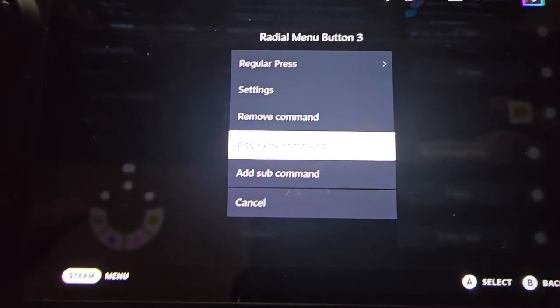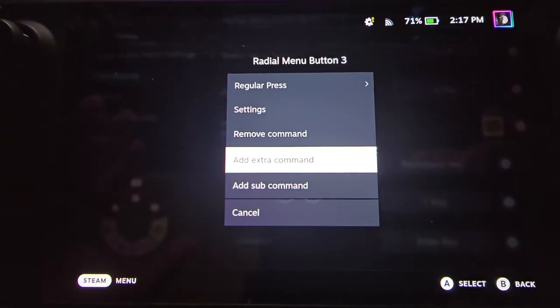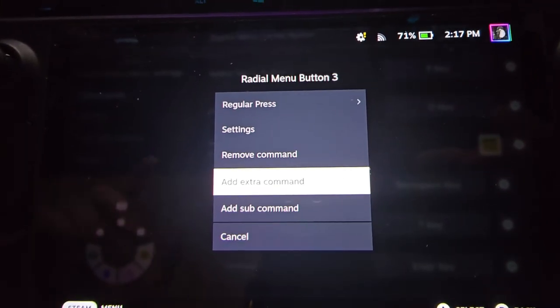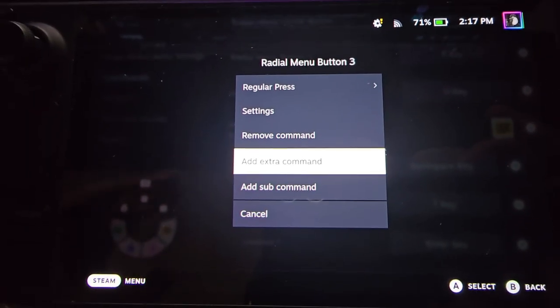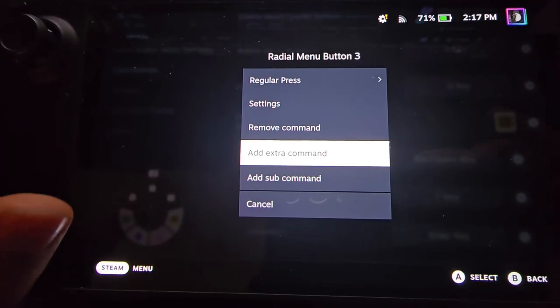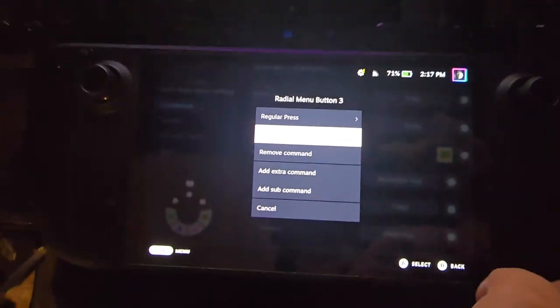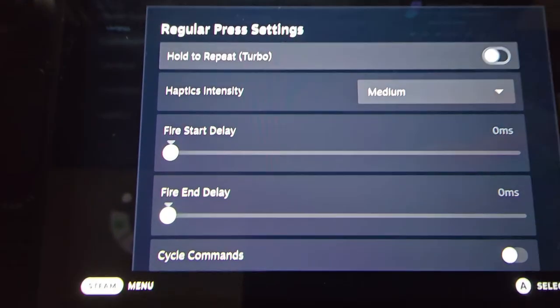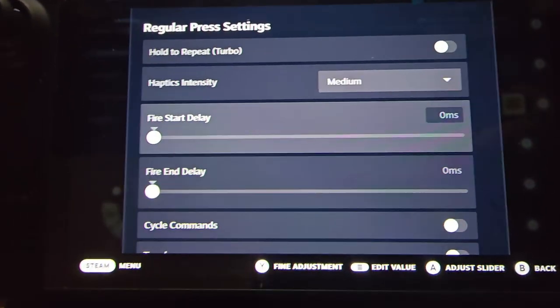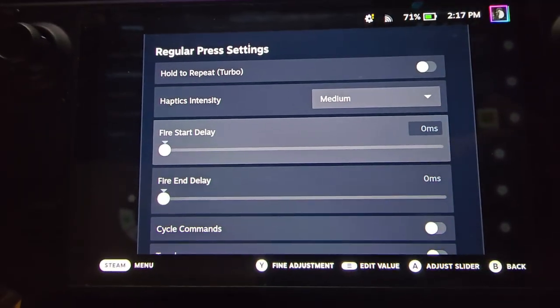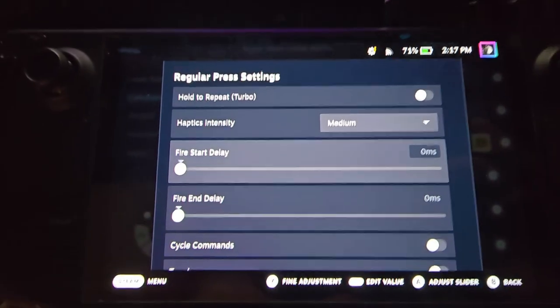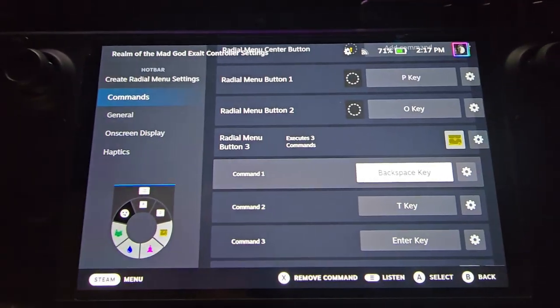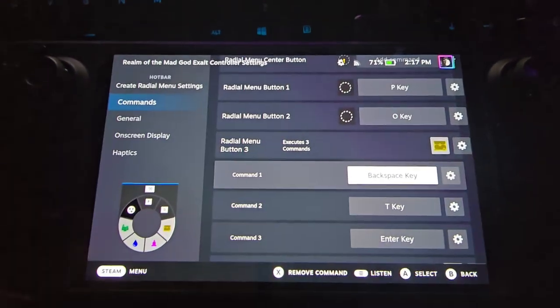So where the real magic happens is you don't want all these button presses to happen at the same time. You want them to be individualized. And so to do that, you actually have to jump to settings. And then you have to input your fire start delay. So my delete key starts at 0 milliseconds, and so from there, for my T key,